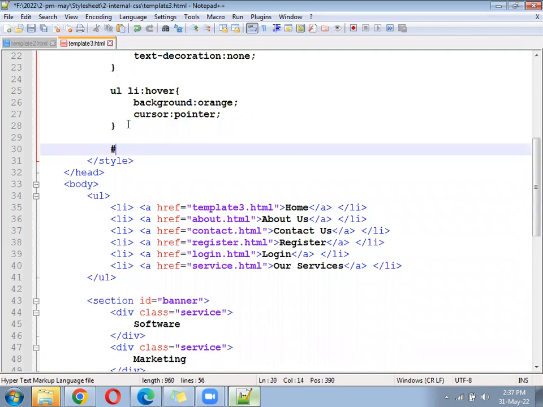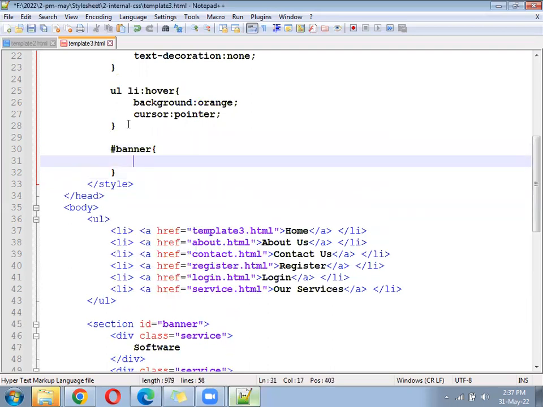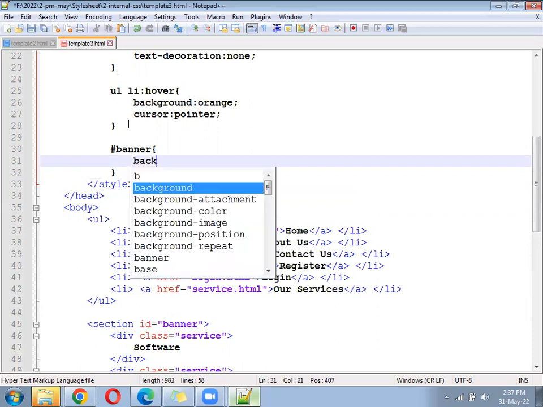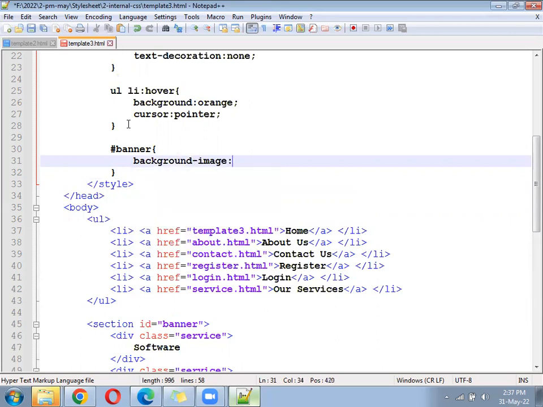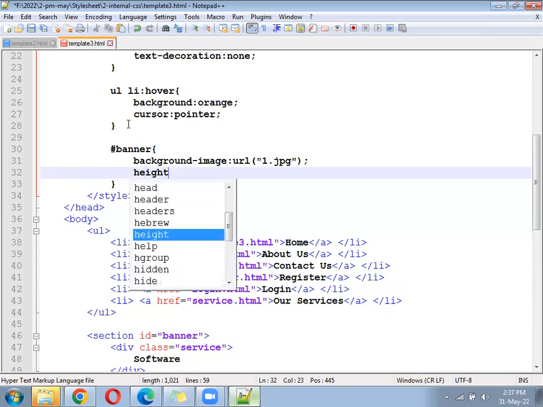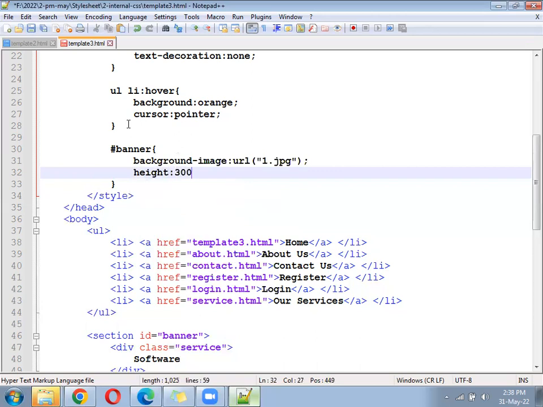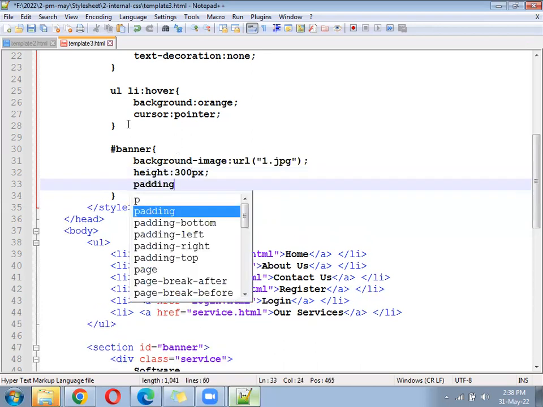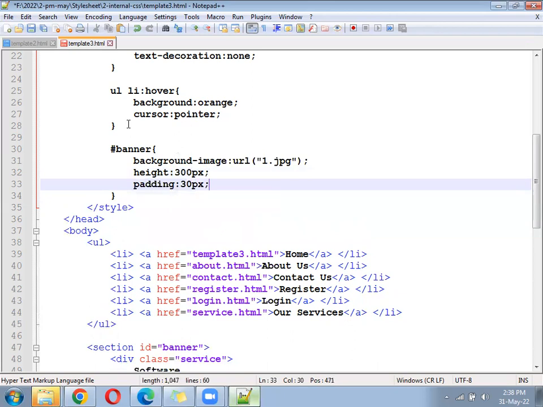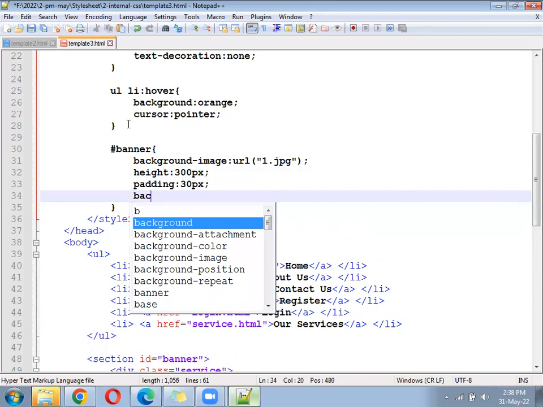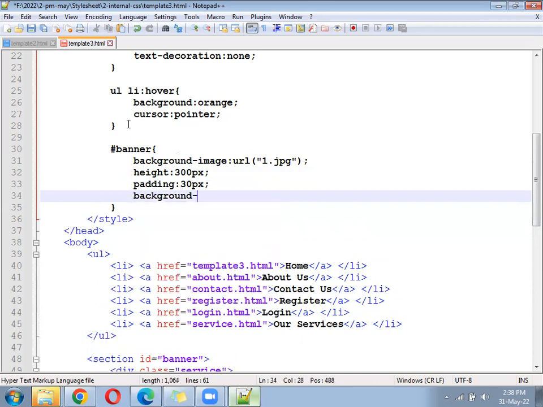As banner, background-image, URL 1.jpg, height of that banner 300, padding of the banner 3 pixel, background-size 100% height and 100% the width.